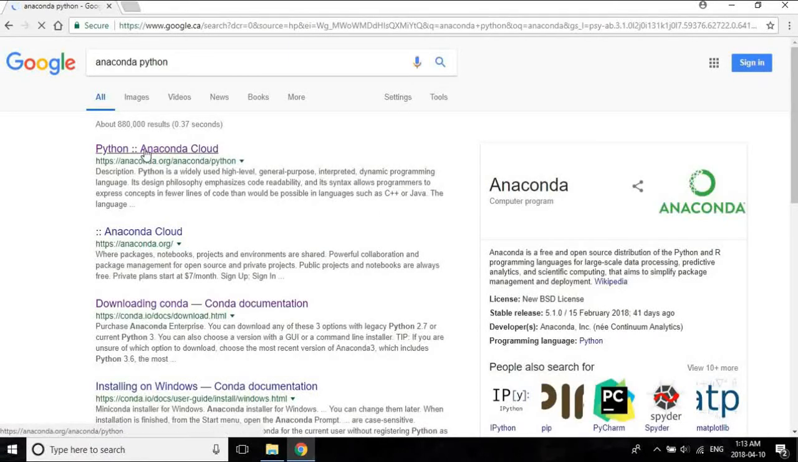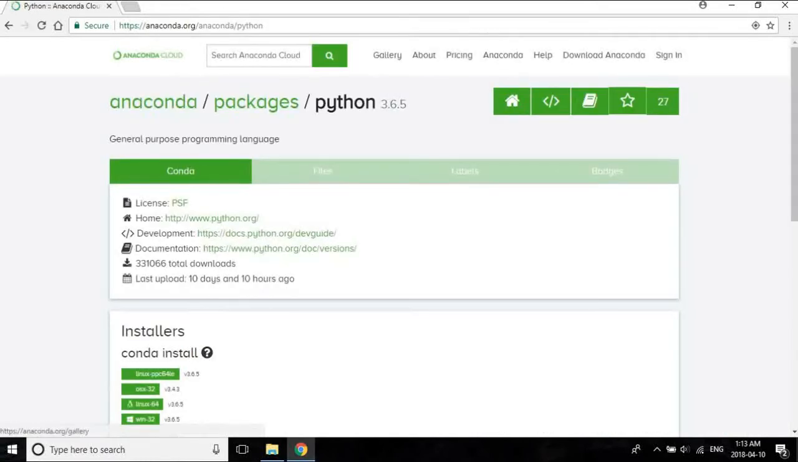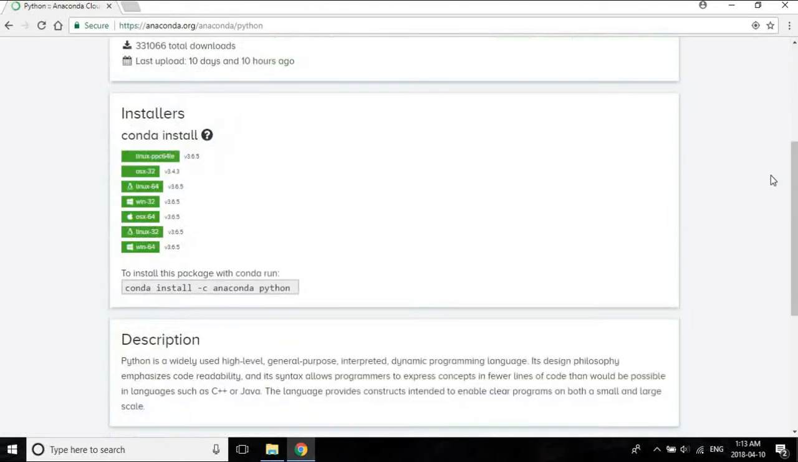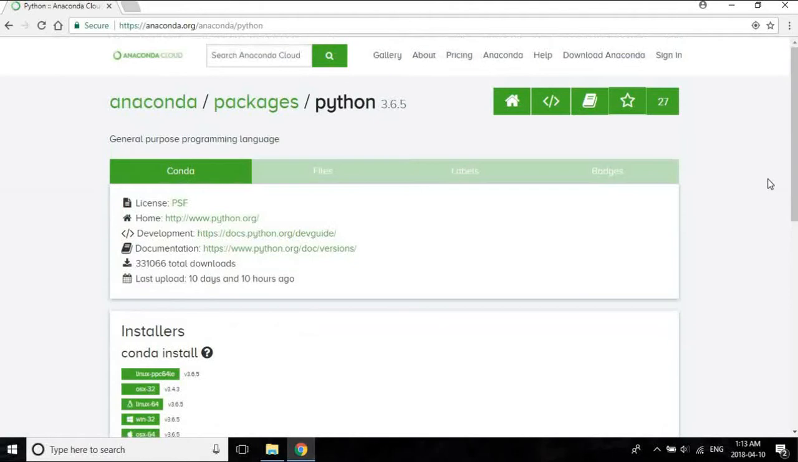So the first link is Anaconda Python. Anaconda Python, as I said before, is an entire Python environment. You can go through these links, it has a lot of downloads and other information. It's a great package. So first and foremost, what I'm going to tell you is how to download this. So when you click on download Anaconda,